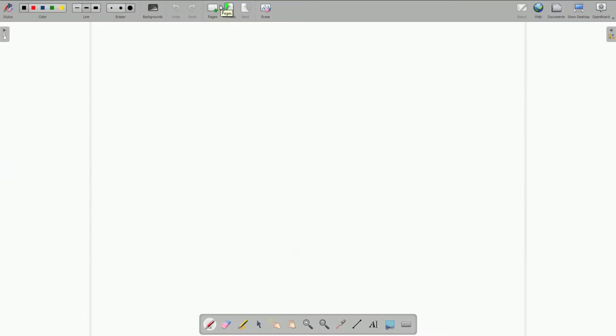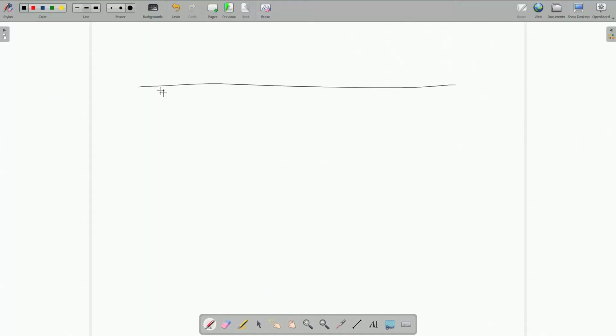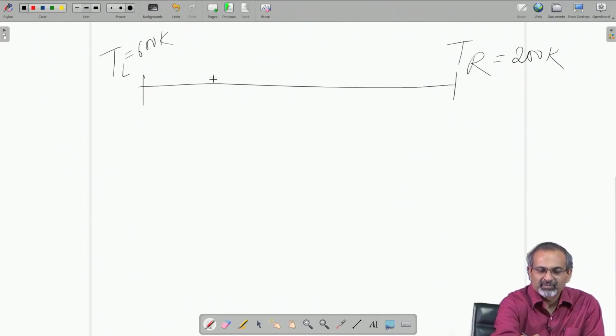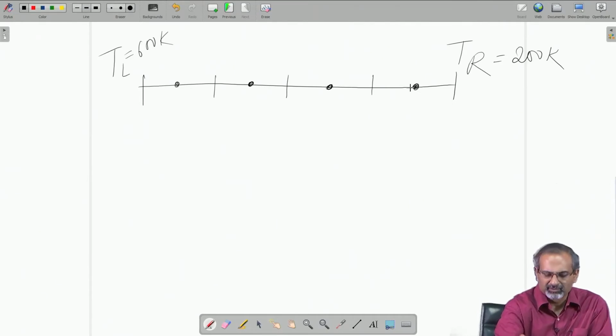We will first try to draw a small grid where the control volumes are represented. So, like we did for the previous problem, we have a left end, we have a right end where the TL and TR are defined. We continue to use the same values, so that we can easily figure out what the exact solution will be, because we have the analytical solution available with us.